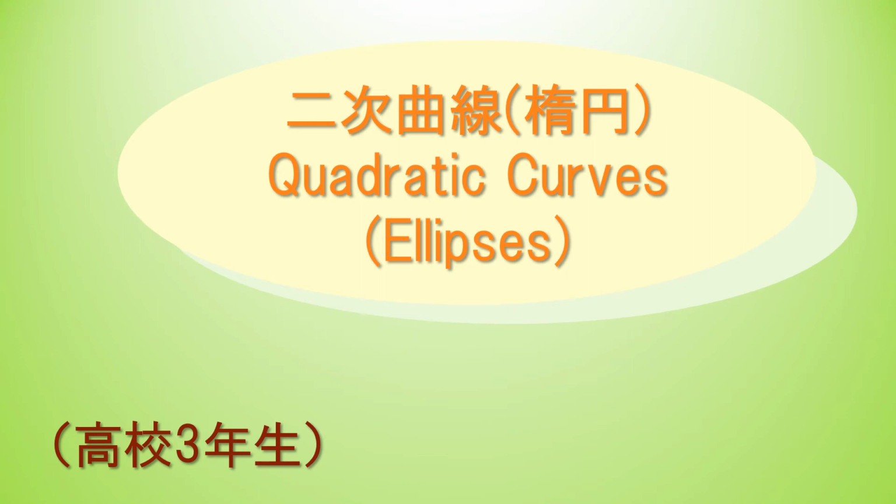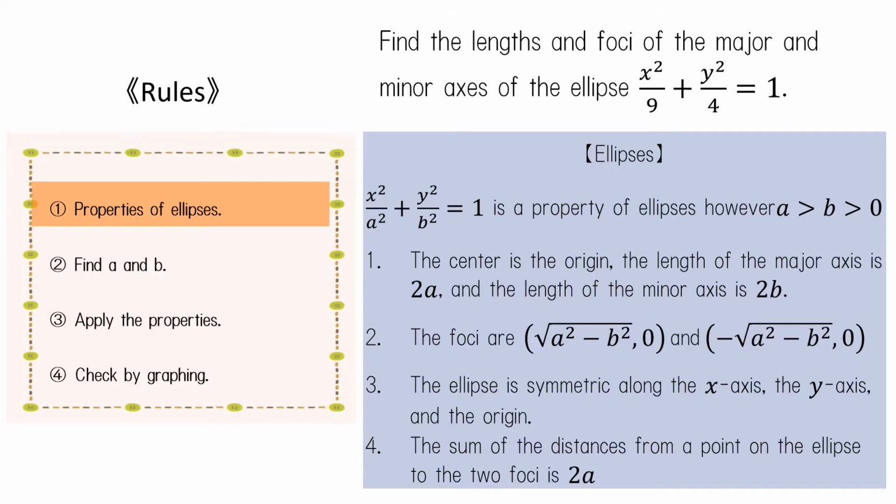In this lesson, let's learn about quadratic curves and ellipses. Let x squared over 9 plus y squared over 4 equal 1, and use the properties of ellipses to find